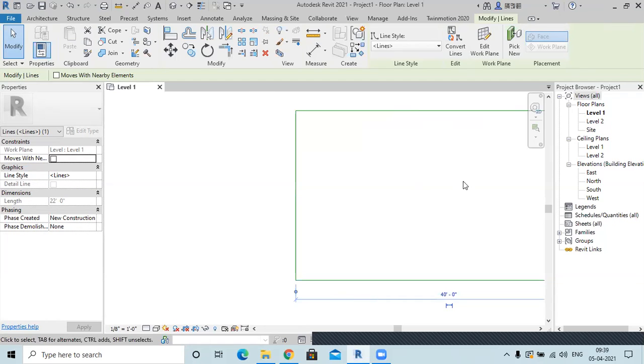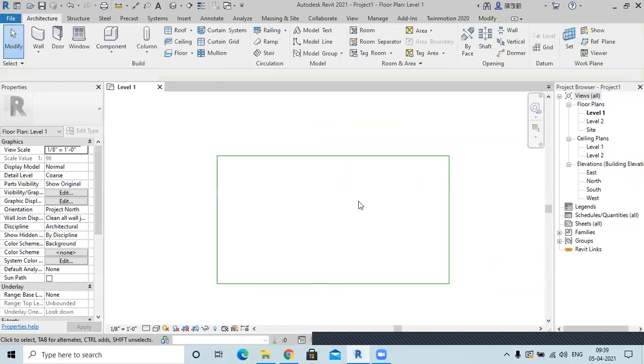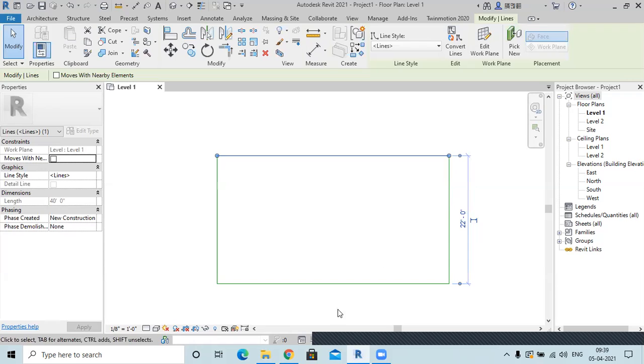Now there is one more thing which I want to tell you: whenever you select an element in a rectangle or a polygon, then you will get a perpendicular distance here. Now I have selected this element, but I'm getting this dimension. So it doesn't mean that this dimension is this one. Okay, it will be different.